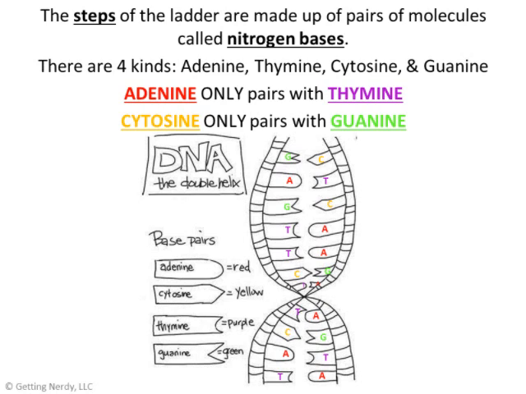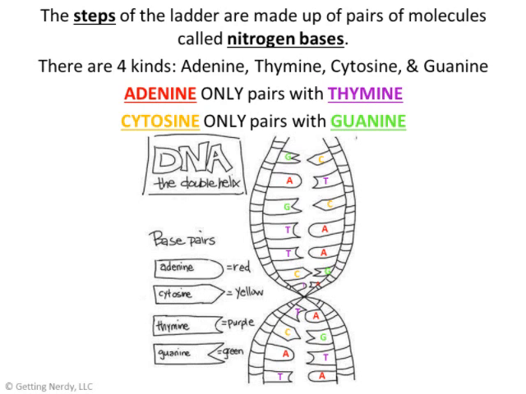Adenine only pairs with thymine. So A only pairs with T. That's it. Cytosine only pairs with guanine. That's it. C only pairs with G. You can't make it any other way. That's it. Okay? Now, in 1950, how they found this out, that A only pairs with T and C only